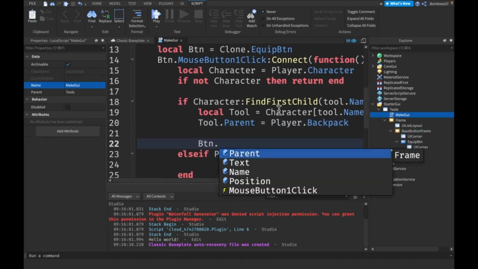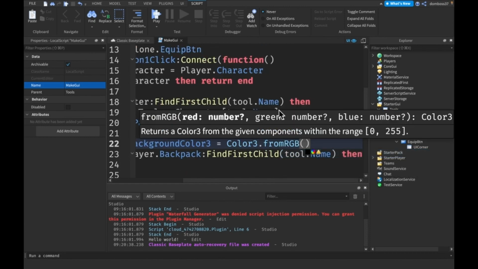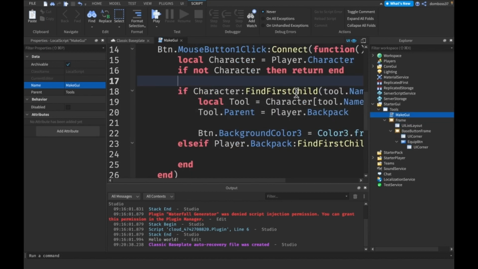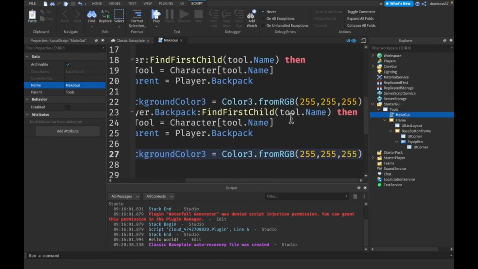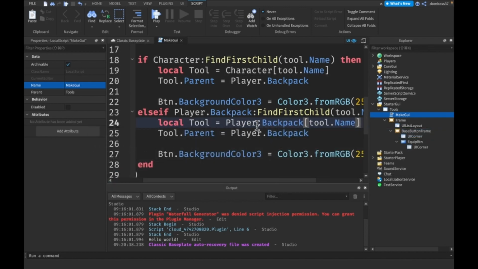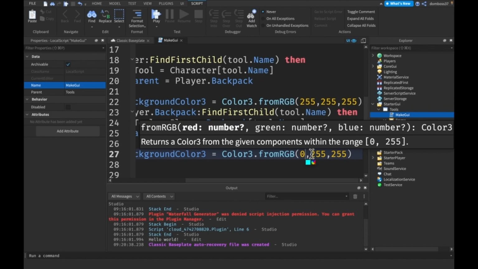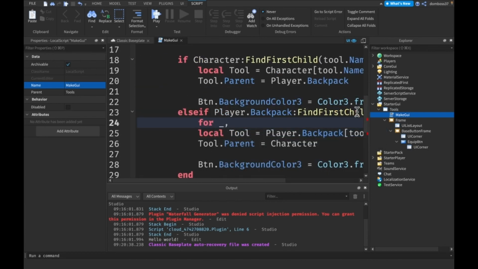also say button.BackgroundColor3 is going to be equal to Color3.fromRGB(255, 255, 255). Then basically we want to copy that and paste that, and this time we'll do player.Backpack there, and this will be equal to player.Character, and this will be 0, 245, 0, so that we know this is the tool that we equipped. But first we want to say for _, other tool in